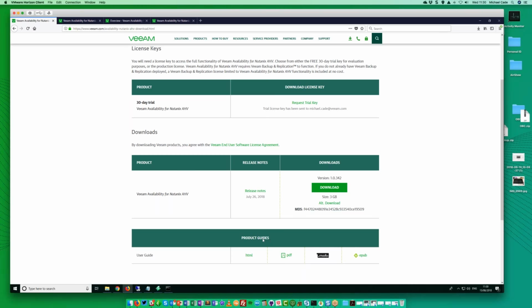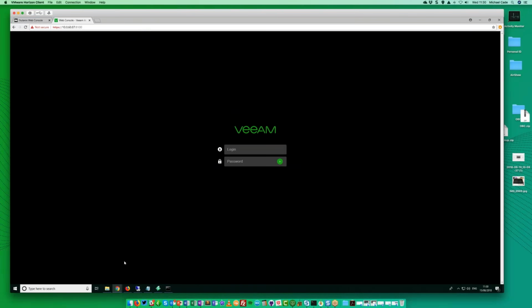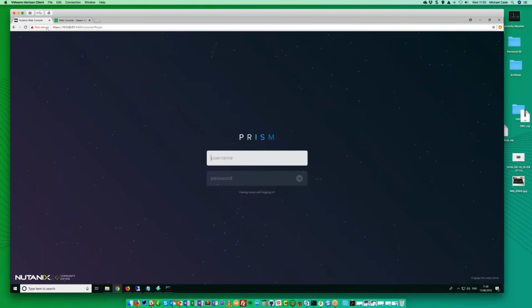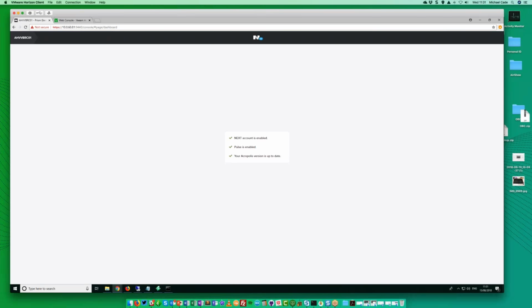So in exactly the same fashion that we have 30-day trials for all of our products, this is exactly how you can get that. And that will request that trial key, and it's a license file, and I can show you where that's put in. And the user guide runs through that from a more granular perspective. But the most important thing is, when we come to deploy it, if we jump over into our Prism, I'm using the Nutanix Community Edition just because I haven't got a full-blown Nutanix cluster. It's a very basic installation just for demo purposes, but ultimately what I have is